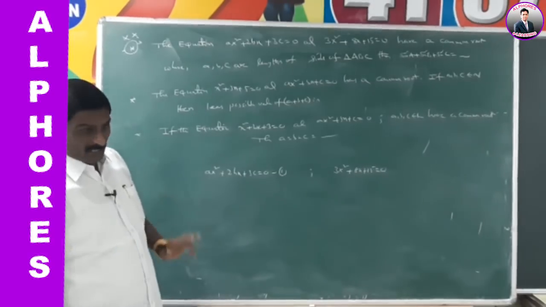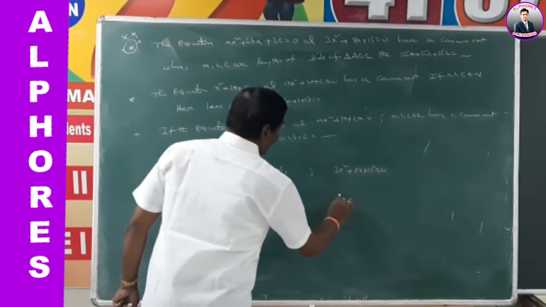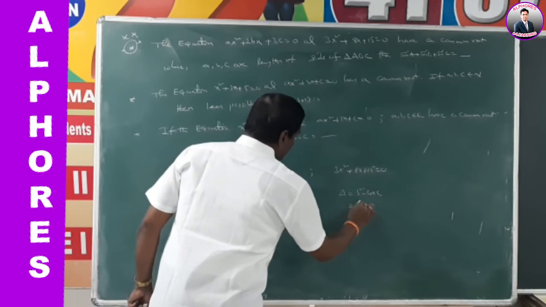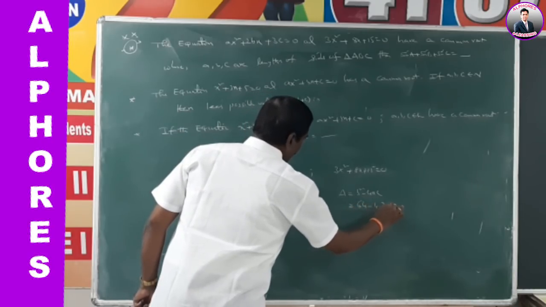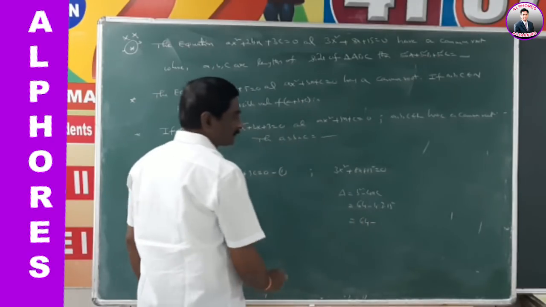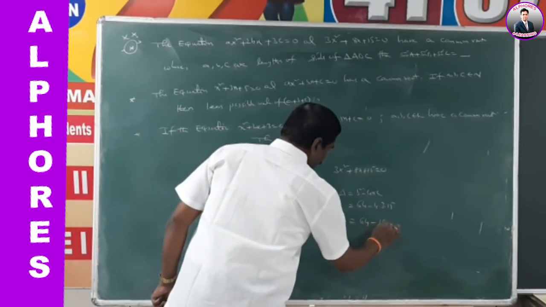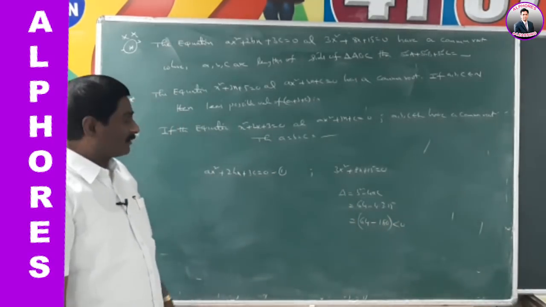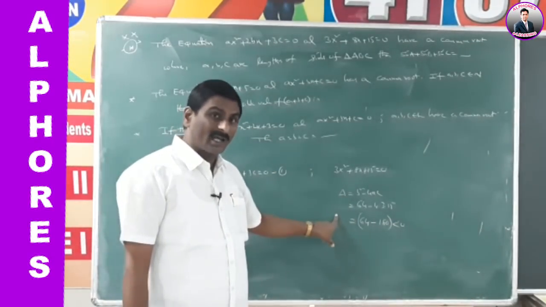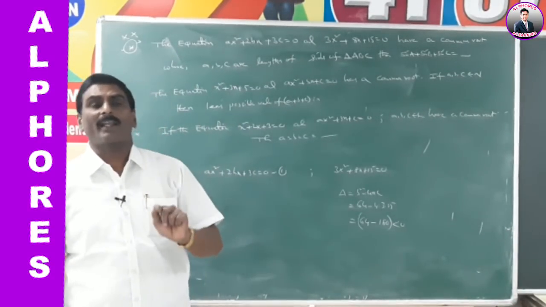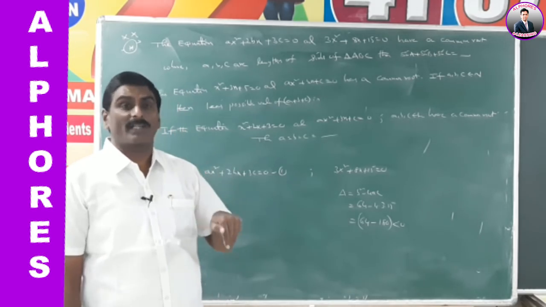What are the roots of this equation? Here delta is equal to b square minus 4ac. B square means 64 minus 4 into 3 into 15. That means 64 minus 180. It is negative, less than 0. That means the roots are imaginary. If delta is less than 0, the imaginary roots are obtained pairwise and they are conjugate when